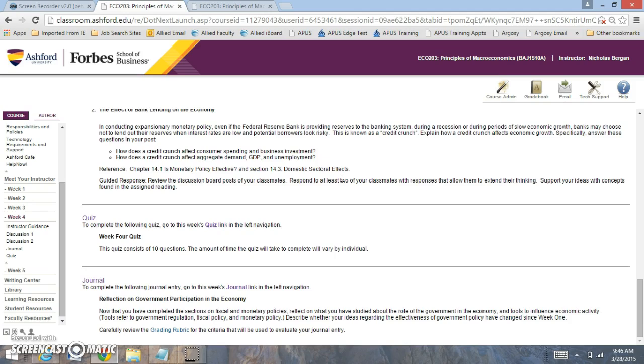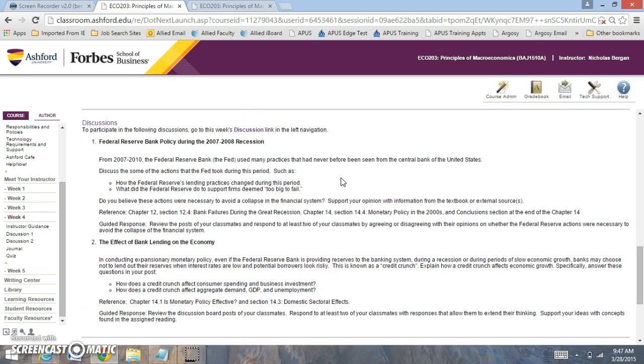For the journal, you only have to write 3 to 4 paragraphs to complete that assignment as well. So for this week, in the discussion board, make sure, as just a review, first post by Thursday night. In your initial post, you need to have an APA formatted in-text citation and reference. And you also need to have 2 peer responses, which can be to any of my questions that I ask any of the students as well.